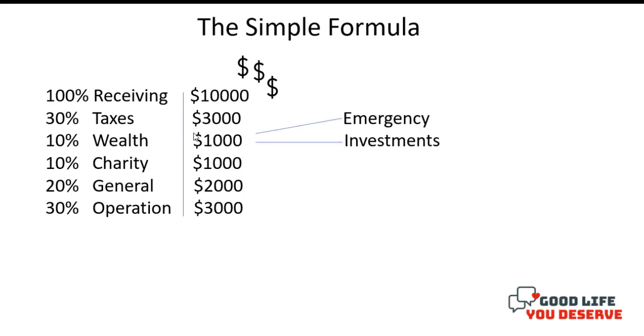Now, once you've established that, one other thing that you can do is from your wealth account, you set up your emergency fund. That's your 3 to 6 months of living expenses. It would come out of that wealth. And once you have that, then you no longer have to invest that amount or take that money out for your emergency. You can put it all towards investments.